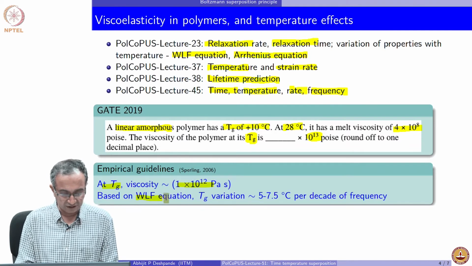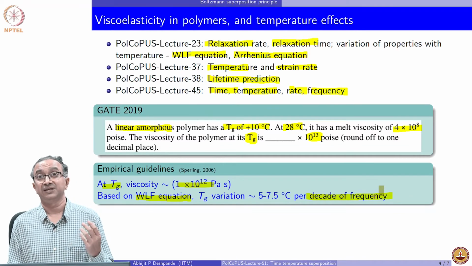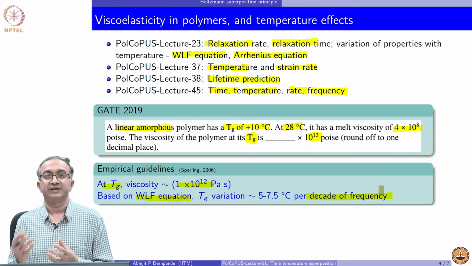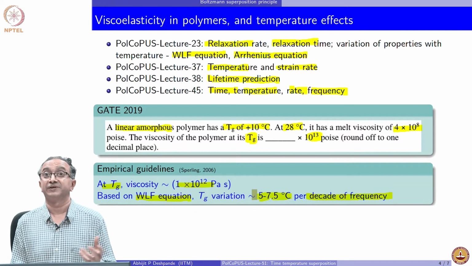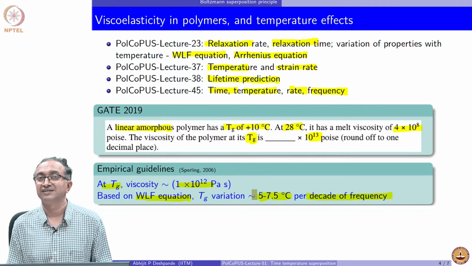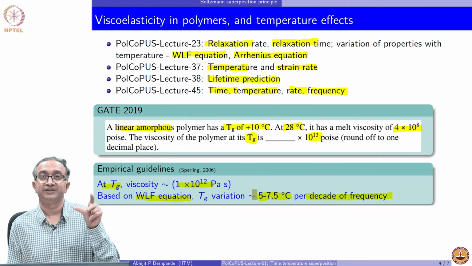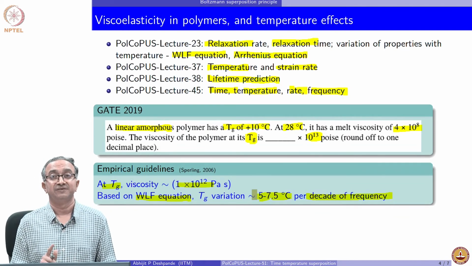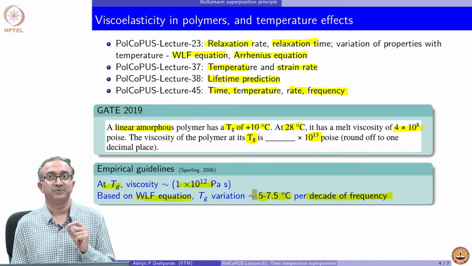And again, based on WLF equation, if we were to do the measurement of glass transition at different frequencies, so I can do the glass transition measurement at 1 hertz or 10 hertz or any of the frequencies. So, generally the glass transition measured is different at different frequency. I hope you can quickly rationalize this, that if I perturb the material very fast, I will get one glass transition, but if I perturb the material very slow, I will get different glass transition temperature. And I hope you can see that if it is higher frequency, I will get low or high glass transition temperature. So, just think about it. In the next couple of minutes, we will answer this question.